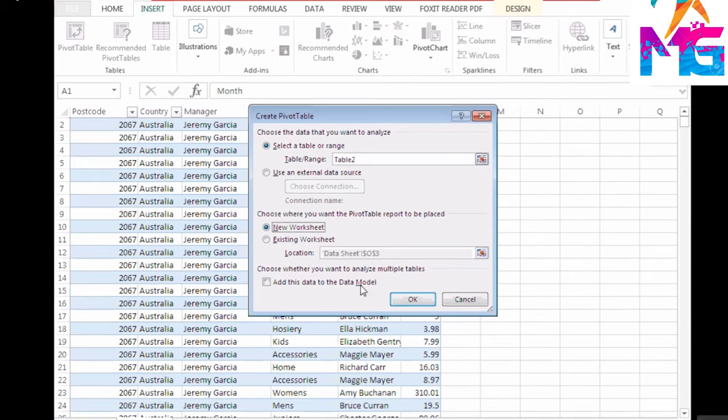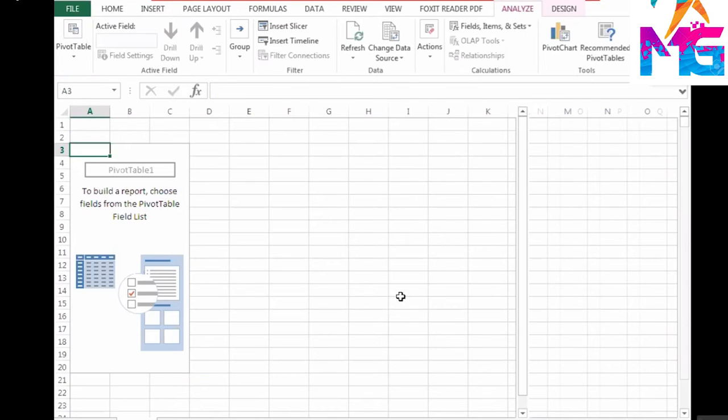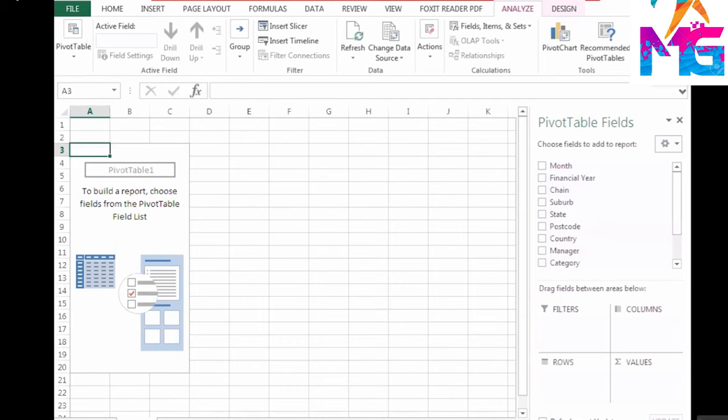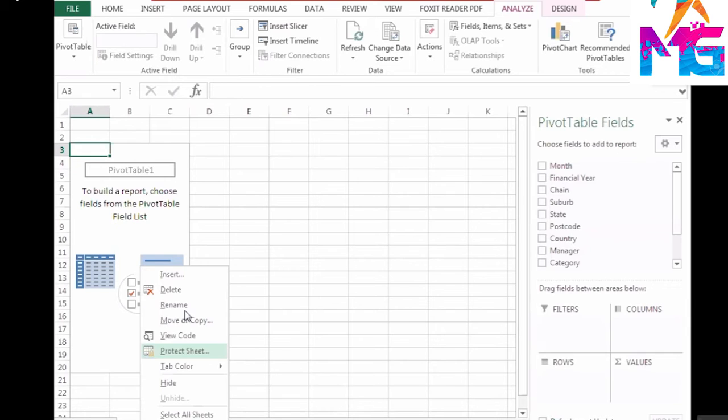This feature is not present in Excel 2010. It is available in 2016 or 2013, where you can create reports out of multiple tables. Right now we are creating a report from only one table. Then I say okay. This is how you get a new sheet which can be used to make a pivot table. So I can say pivot table over here.